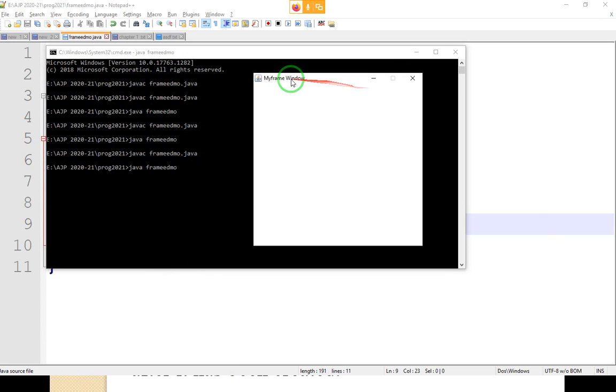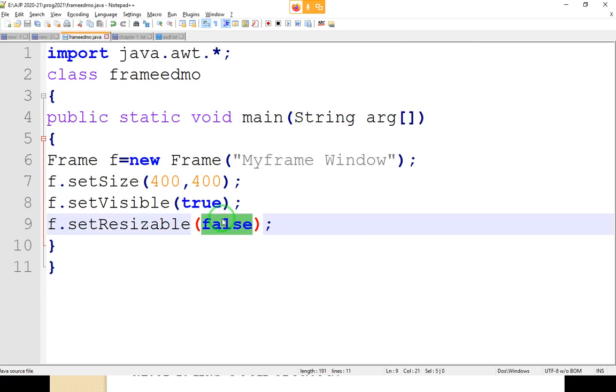You cannot resize your window until and unless you make it true. If you make it false, your size gets fixed, and if you make it true, your window is resizable. So this is the first program, creating a frame by the process of association.